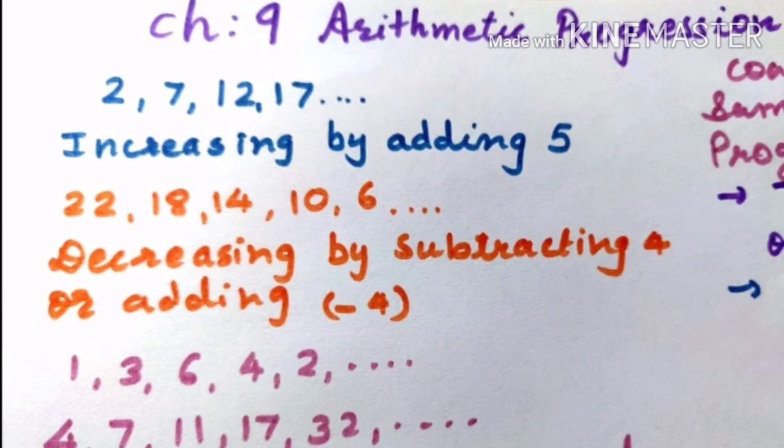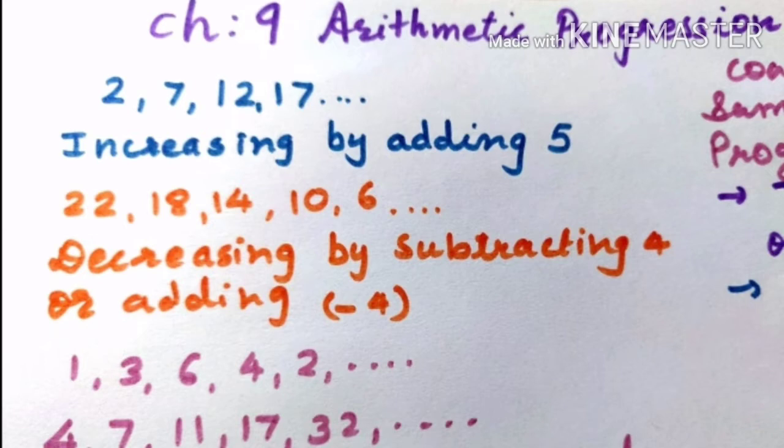Last time we completed our trigonometrical tables chapter. Now we will start chapter number 9, arithmetic progression. In this chapter it is arithmetic progression and geometric progression, but this year in our syllabus we have only arithmetic progression. So let us learn what is AP. In short form, arithmetic progression we say AP.